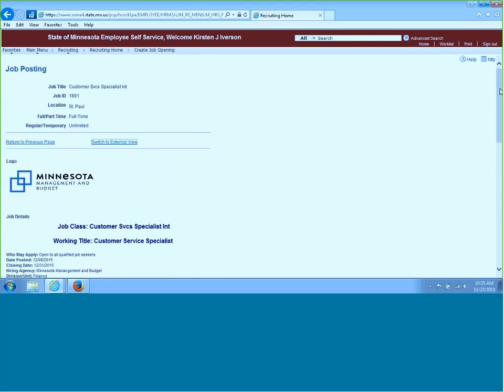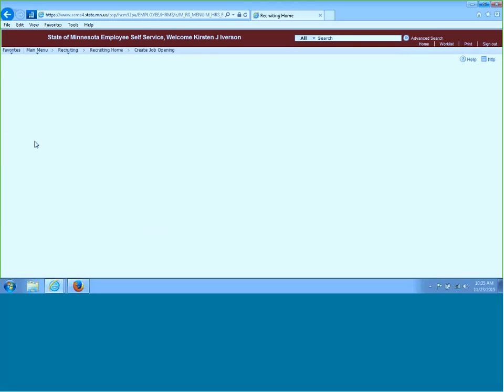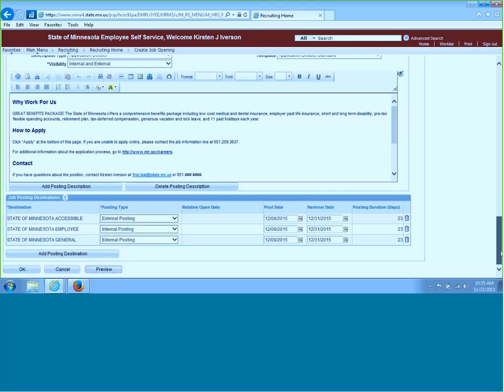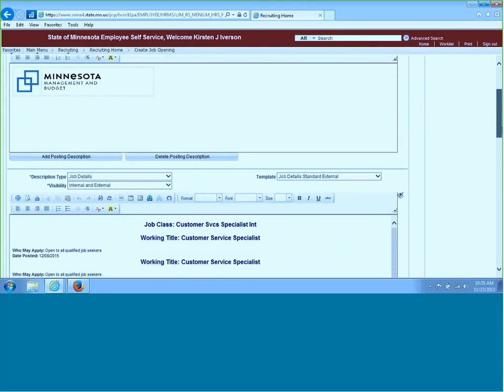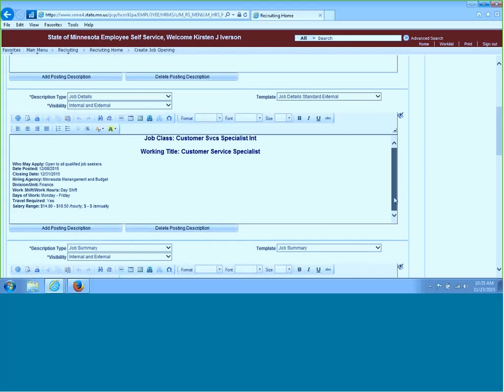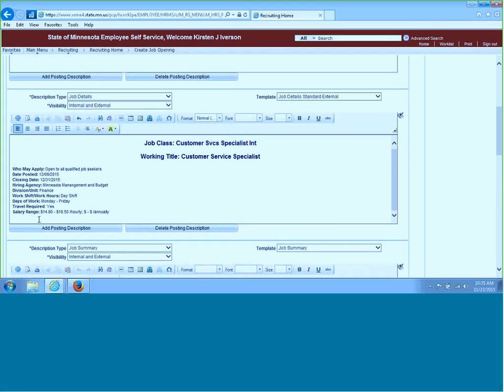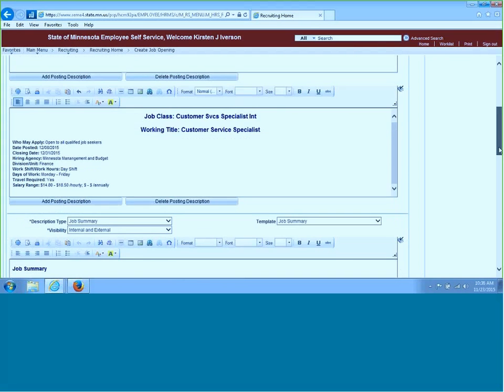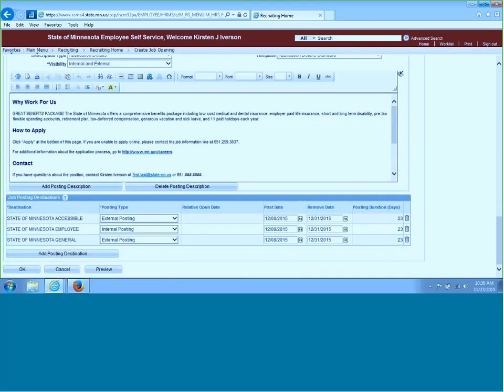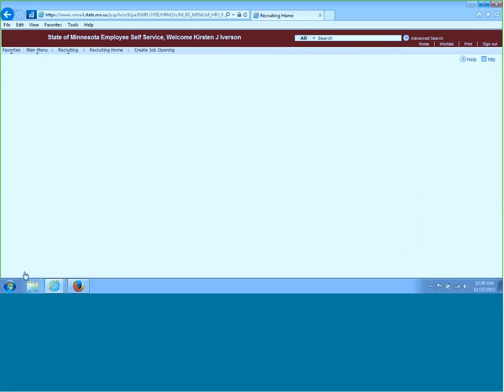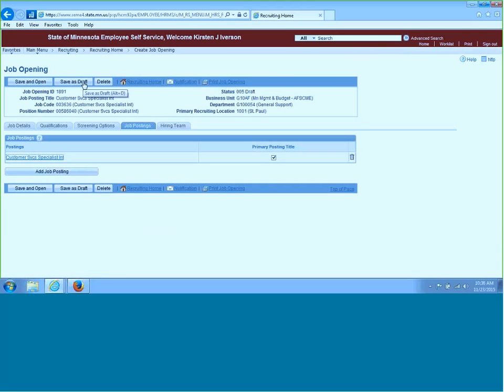So, and then click the Return to Previous Page. And now you're back on your posting information page. Again, if there are edits, for example, if you want to remove some space, I think I had a couple extra spaces here that were unnecessary. So you can make your edits and click OK to save and preview again if you would like to see that. Okay. Now I'm going to click OK, save as draft,